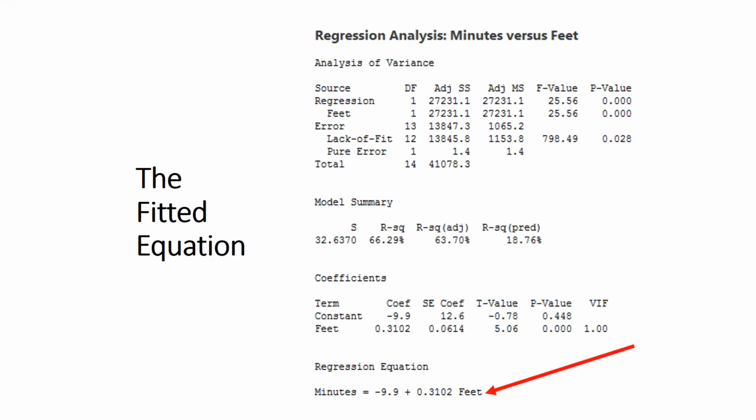And I see there the regression equation. That's the fitted equation where Minitab has calculated the estimated intercept and the estimated slope. So I think there's interesting exercises to have here with students about interpreting these coefficients and what they mean and making predictions and so on. So what we learn is that we would add about 0.3 minutes to a prediction for each additional foot of length of the trench. That's what the slope might mean.